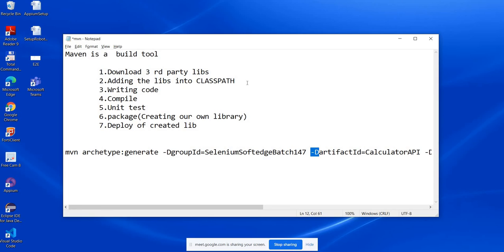-D is the way by which you can send command line arguments to a Java runtime environment, where you mention the key-value pair and those you want to receive in the Java program. So this -D is the way you can send in the data in the form of key and value to the Java runtime environment. That's why prior to every parameter you will see -D, right? So artifactId equal to the name of the project.